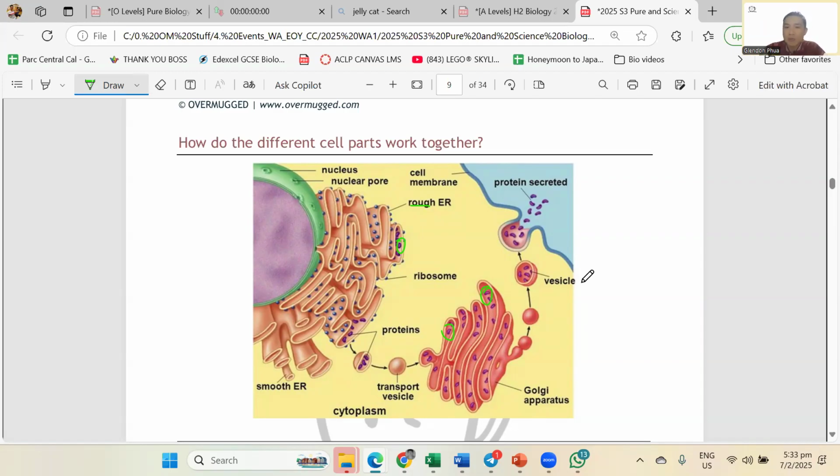Now, how to remember which one is which? Alphabetical order. C to T. C comes first, so you enter the cis face, which leads through to the trans face. Trans face for transport out. That's how I remember it. I hope that helps you. That's a brilliant question. For the rest of the words, what did this guy just say? Oh, it's not relevant to you, so don't worry.